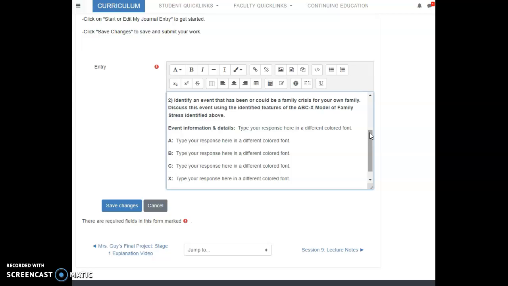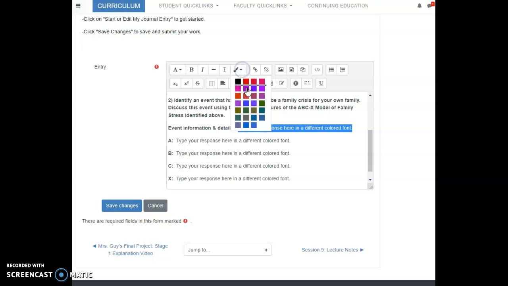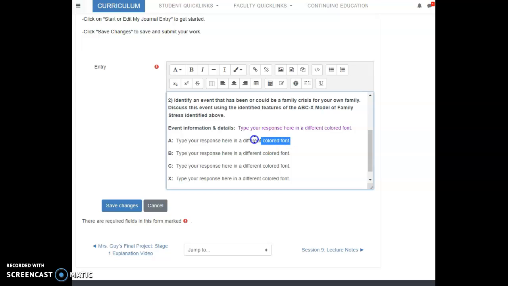So you're going to identify that event, give some information and a few details about that event, and then you are going to explain that event thoroughly utilizing the ABCX model.